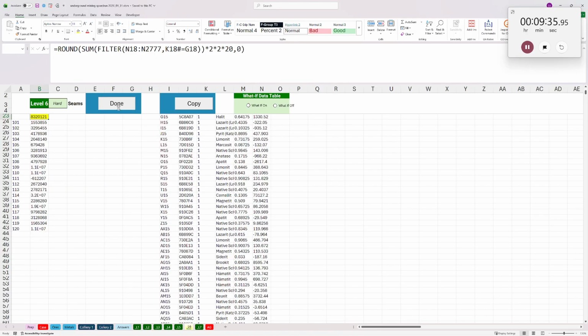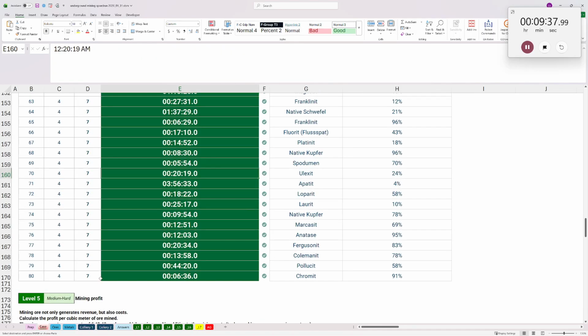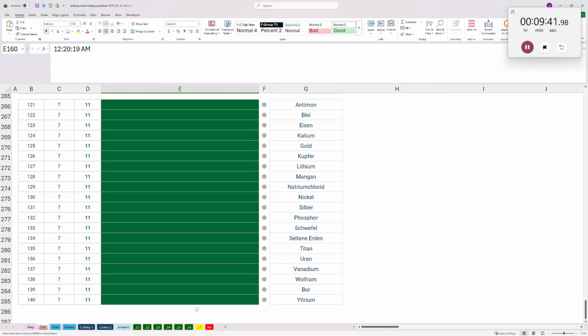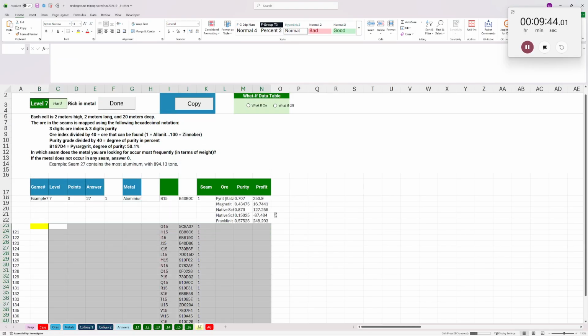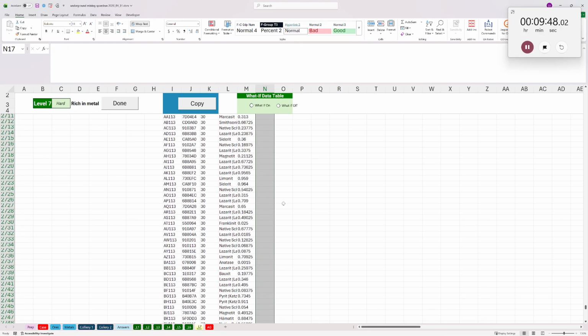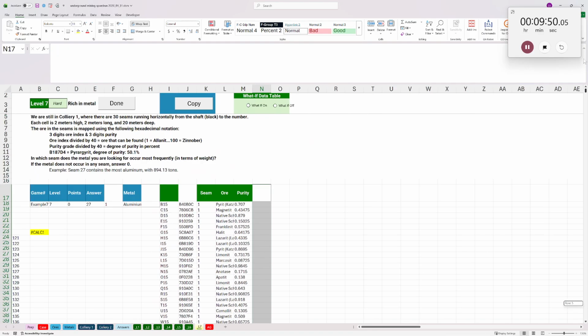And that should be level 6. See how we're doing so far. Level 6, 5 and 6 look good. So now we're ready for level 7. Here, I don't care about the profit. Instead, I care about the mass,